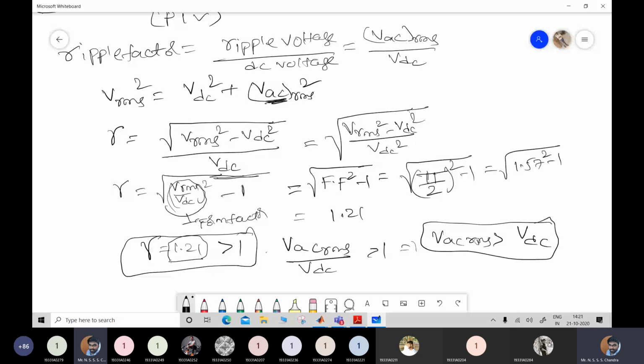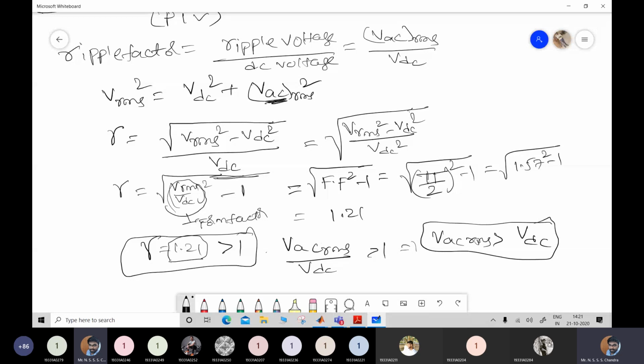These two things I will cover once all the configurations for your rectifiers are over, because these are little complex terms. So I will derive them at once so that you will not have any kind of confusion. Okay. So now I'll move on to the next topic called full wave rectifier.